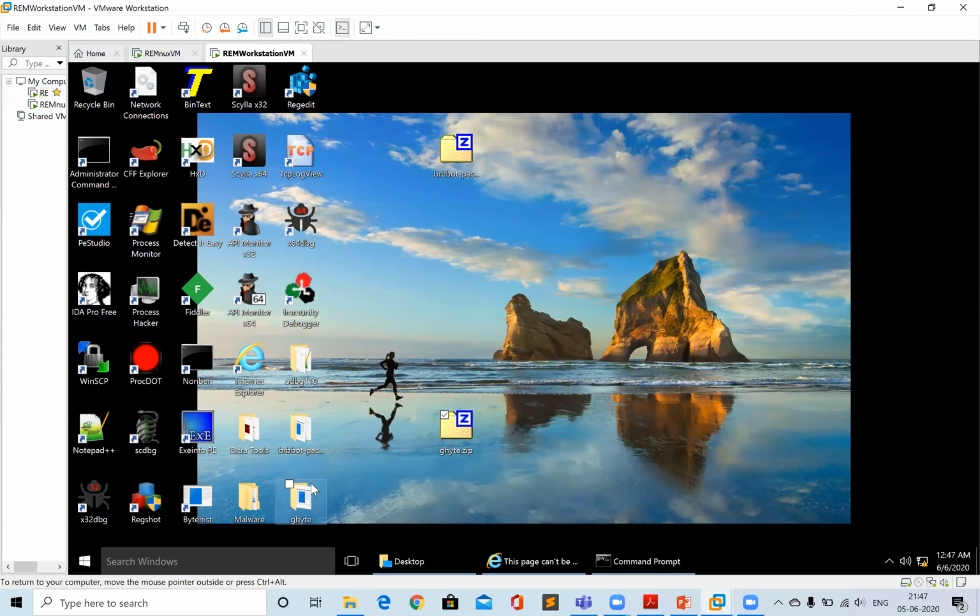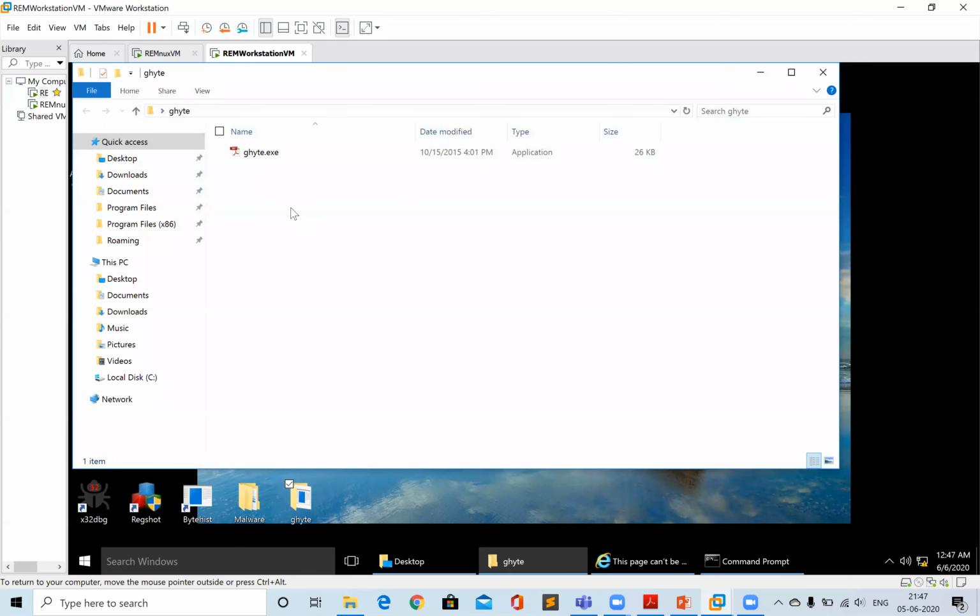And I have the malware now over here. You can see it looks like a PDF file, where it is trying to fool the user that it's a PDF file, but it's actually an executable.